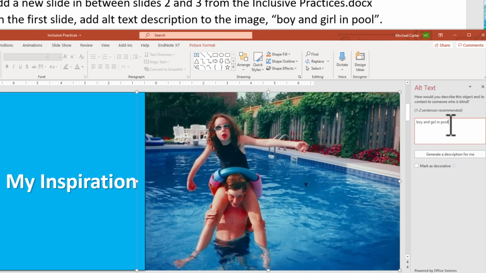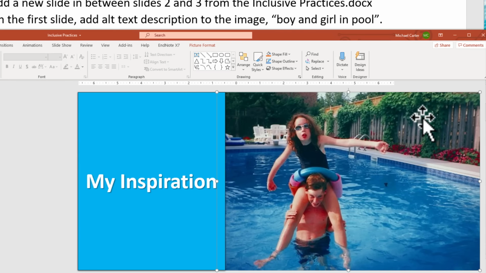So again, remember that the text that you need is in between the quotation marks. Don't put anything outside of the quotation marks, like this period here. And once we have our alt text description about this picture, we can exit, and that's how you complete a